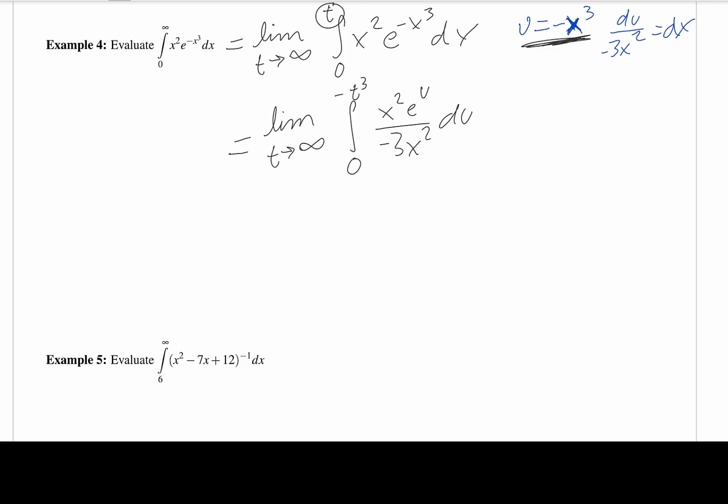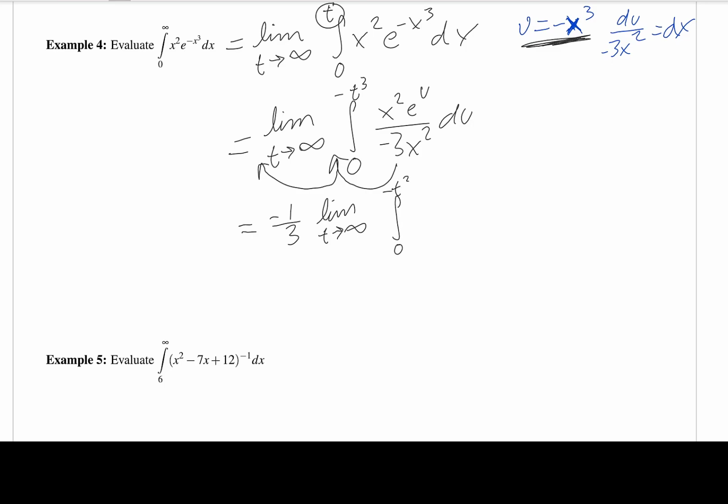Now this inside of our integral is being multiplied by negative 1/3. What we usually do is pass that outside the integral. We can pass it all the way outside of our limit. Whenever you have continuous functions with a limit, you can move that limit around. So if I'm taking the limit as t goes to infinity of e to the x, I can rewrite that as e to the limit as t goes to infinity of x, because e to the x is a continuous function, so I can move my limit around. So when we rewrite this, we should have negative 1/3 limit as t goes to infinity of